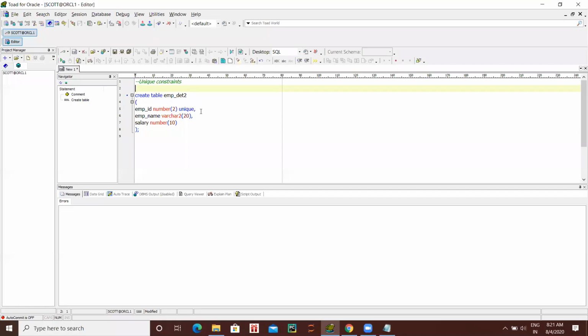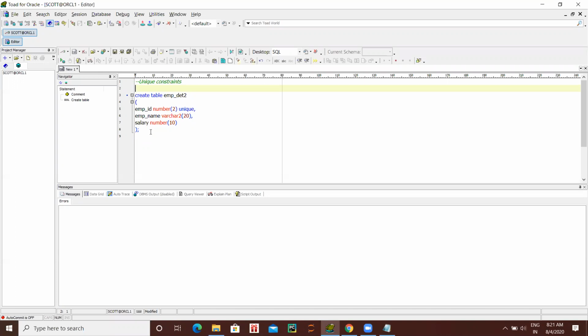We are creating employee detail 2. Here we are making employee ID unique, and for employee name and salary we have not given any constraints. Unique means it should take only unique values, because employee ID cannot be duplicate.